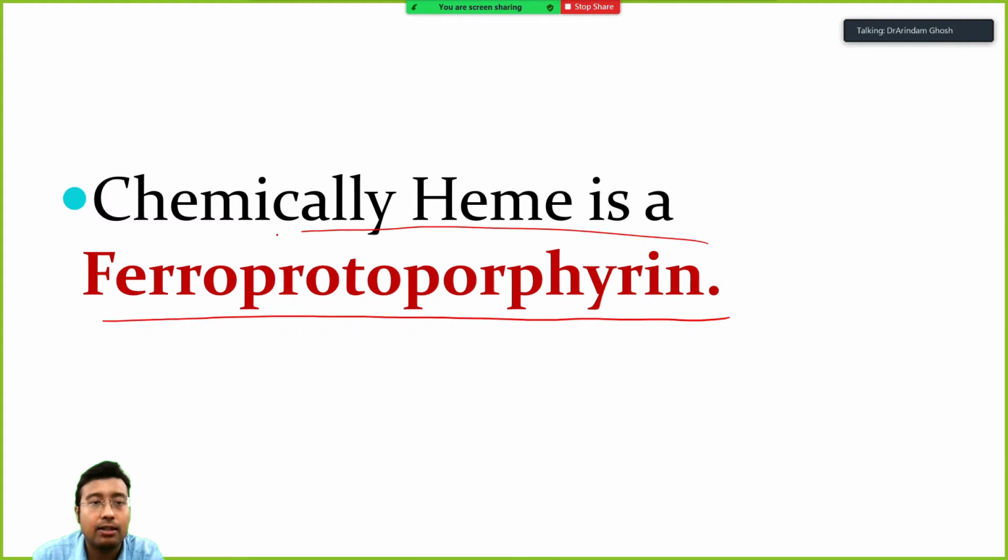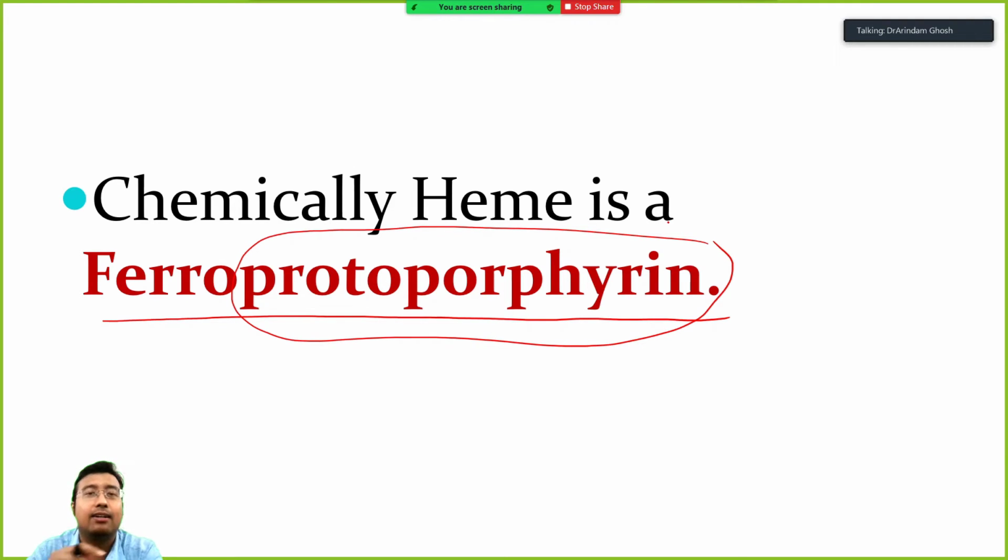Ferroprotoporphyrin, why do we say that? Ideally there is a chapter that deals with heme synthesis. That will be taught later on, when we show how succinyl CoA and glycine unite to form heme. There are multiple steps in heme synthesis, and we'll be going into that. Those diseases are porphyrias, and ultimately at the last step heme is produced. The intermediate steps are all porphyrins. So iron comes in, everything happens, and you can look into it if you are interested, but we will be eventually covering it anyway. So synthesis of heme is basically a pathway, just like glycolysis and all those things.